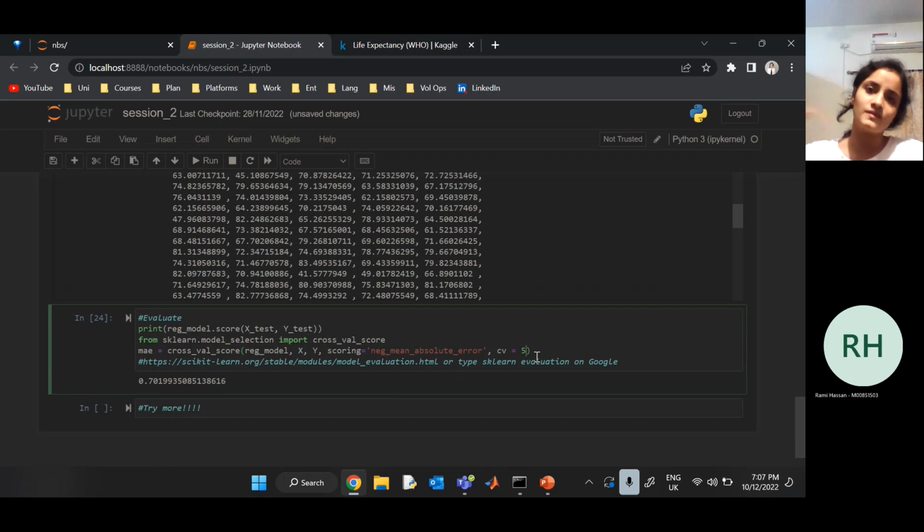Here I wrote 5, so it split it into 5. And what it's going to do is train it on 4 blocks and then test it with the 5th block. And it's going to give me an MAE. It's going to train it on another four blocks and test it with the next test block. What that means is,